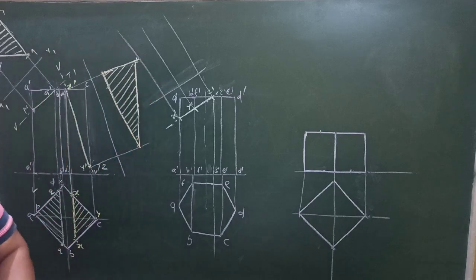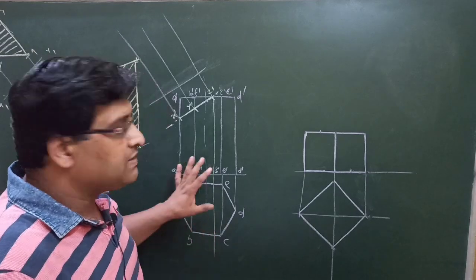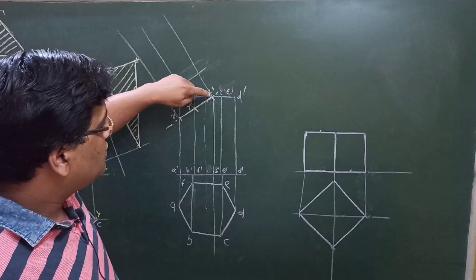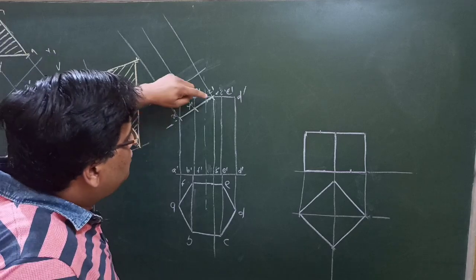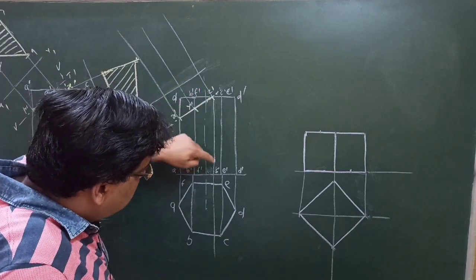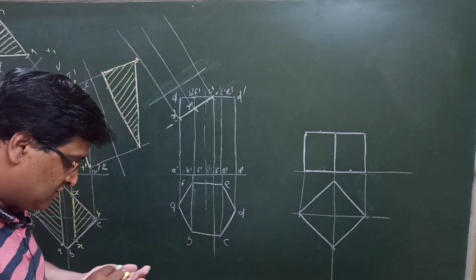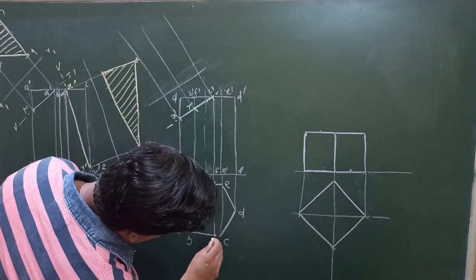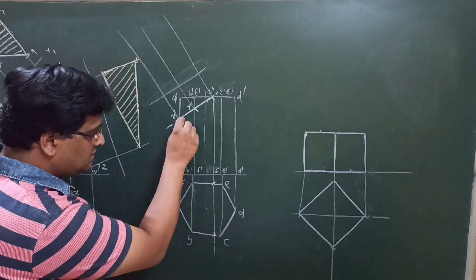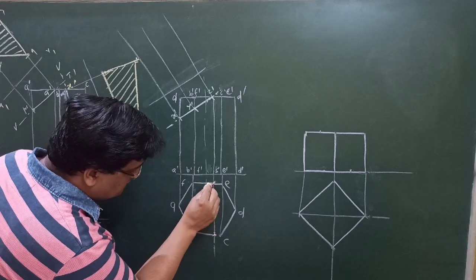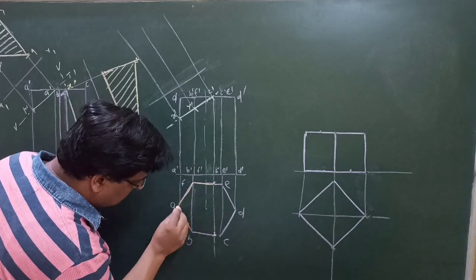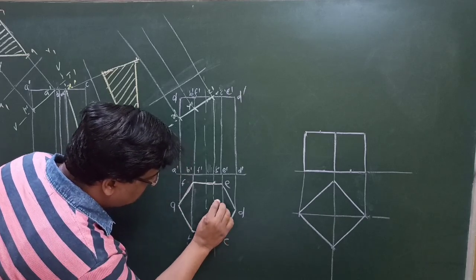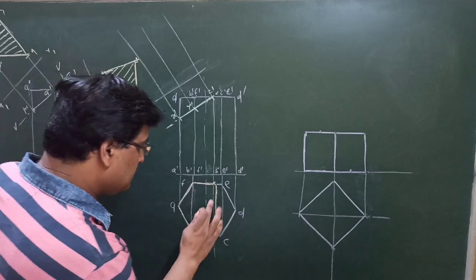Second question is this. Here it is a hexagonal prism which is cut by some cutting plane, and the cutting plane is cutting the top face also. So what you need to do, you have to drop this top face point in the top view so as to have this point and this point, and this extreme point will be cut, so this complete diagram will be sectioned. Like this.